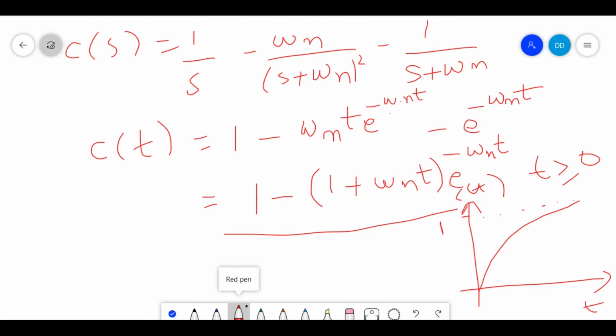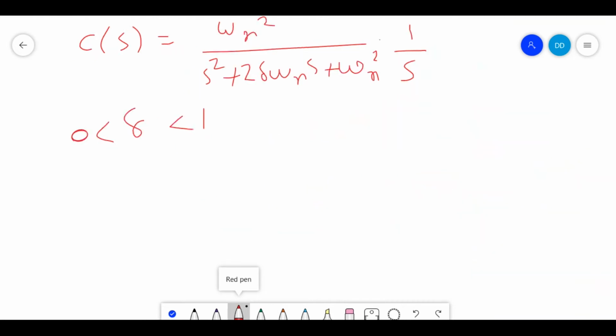Next we go for the third case where zeta lies between 0 and 1. That is an underdamped system. So for an underdamped case, we first write what is C of s and the delta which varies between 0 and 1. So first, we cannot take the response C of t directly. We need to resolve it into the partial fractions. So on resolving this into the partial fractions,